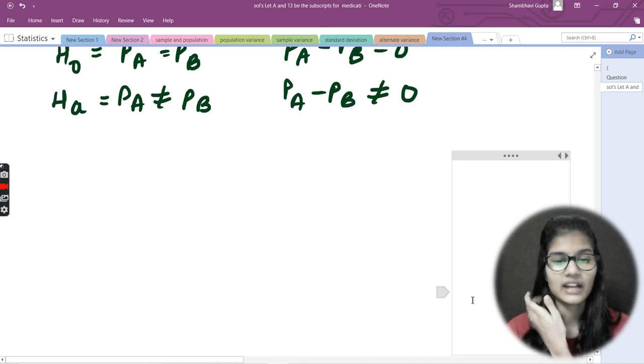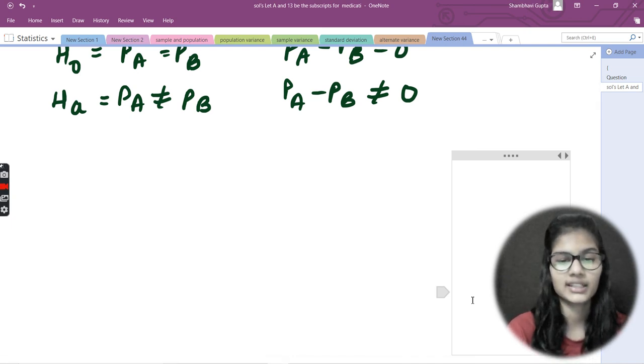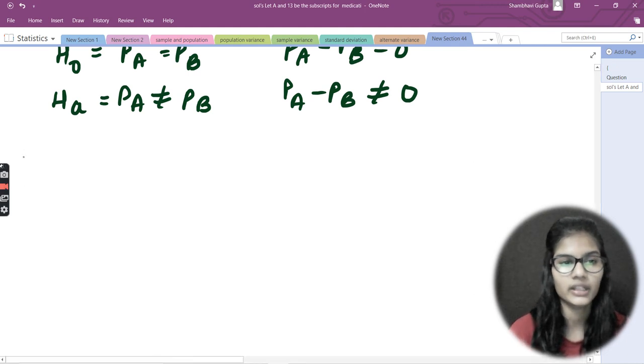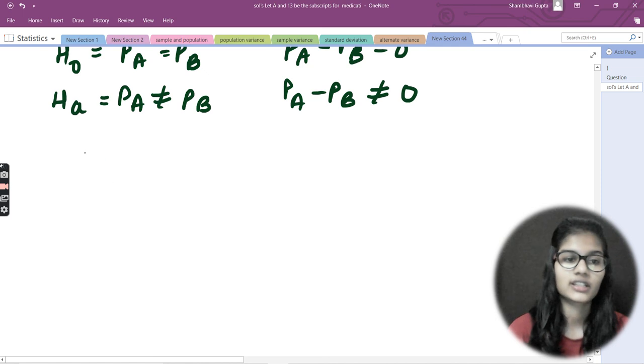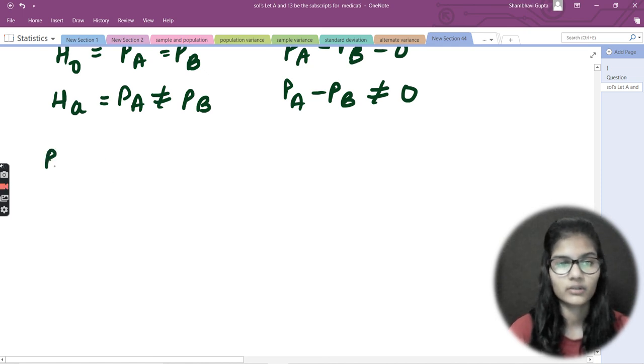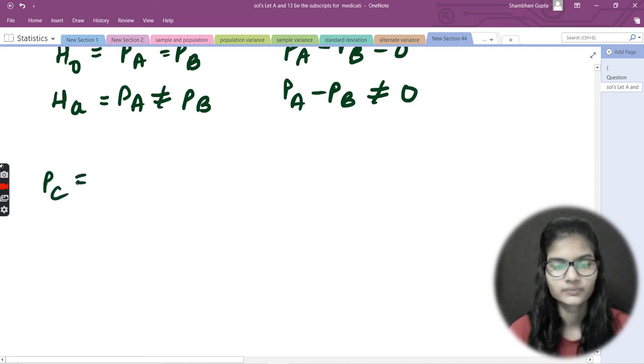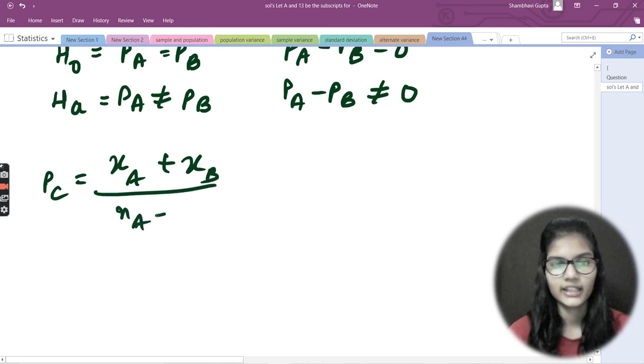Okay. After that, what is the distribution for the test that we would be making here? So the distribution will be that this is a two binomial population proportion test, so the distribution will be normal only. These are the things which we had already discussed in detail, that if a test is a two binomial population proportion, then the distribution would be normal, right? So that same is written out here. After that, I would be calculating the pooled proportion, that is PC, which is equal to, that was XA plus XB upon NA plus NB, right?